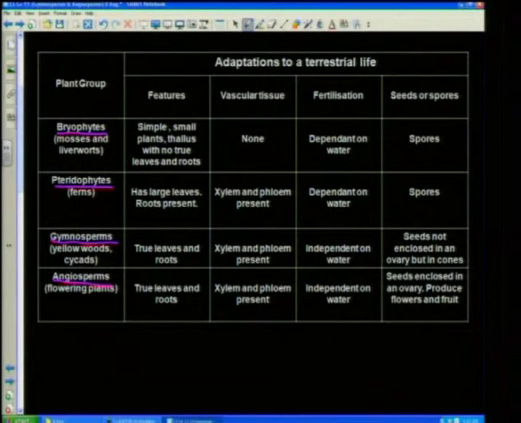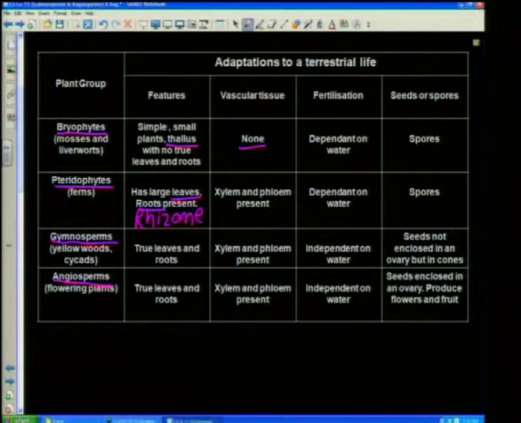Those are the features. These bryophytes, as you can remember, are small plants, they were called a thallus. No true roots, stems, and leaves. The ferns did have large leaves. They did have roots. They also had stems underground. Can you remember the word rhizome? Underground. Gymnosperms and angiosperms, they've got true leaves, true roots, vascular tissue, none in the moss, xylem and phloem,